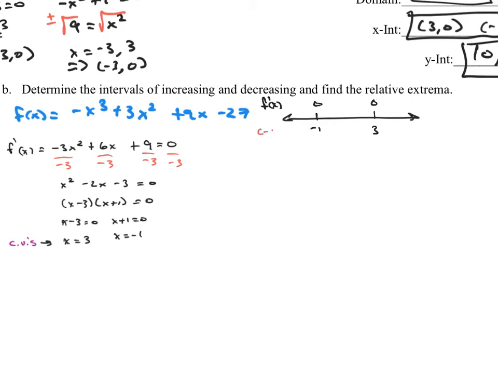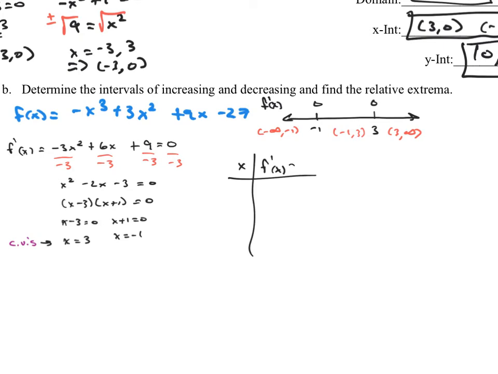We consider our first interval, which would be negative infinity to negative 1. Our second interval, which would be negative 1 to 3. And our third interval, which is 3 to infinity. Now I create my sign chart by taking my x values, plugging them into my first derivative, which is,